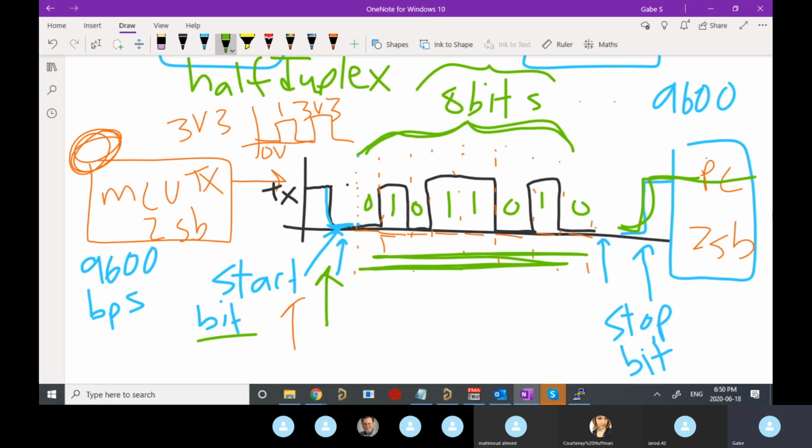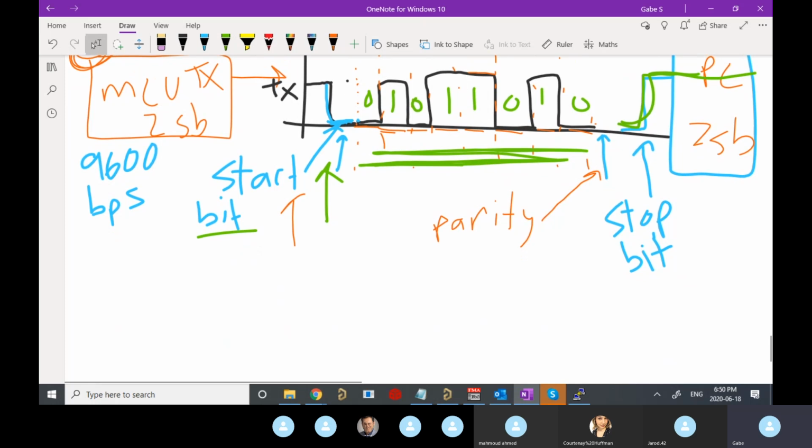So something else that usually shows up, and it's not in every single one, you can decide if you want it there or not, is usually a parity bit. That's an error checking form to make sure that none of these bits were corrupted in the data sending. And usually at its most basic, you can have an even or odd parity. All it does is it basically counts the number of ones you're sending. Right? So if I say that my parity is even for the system,